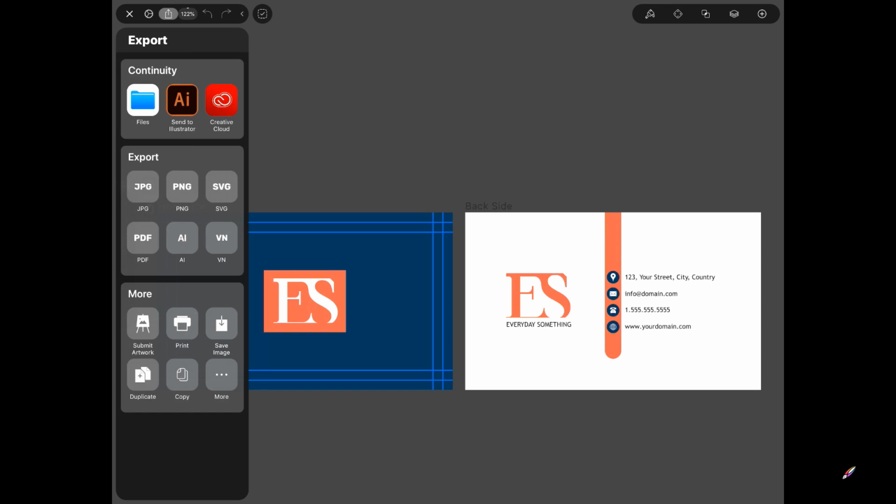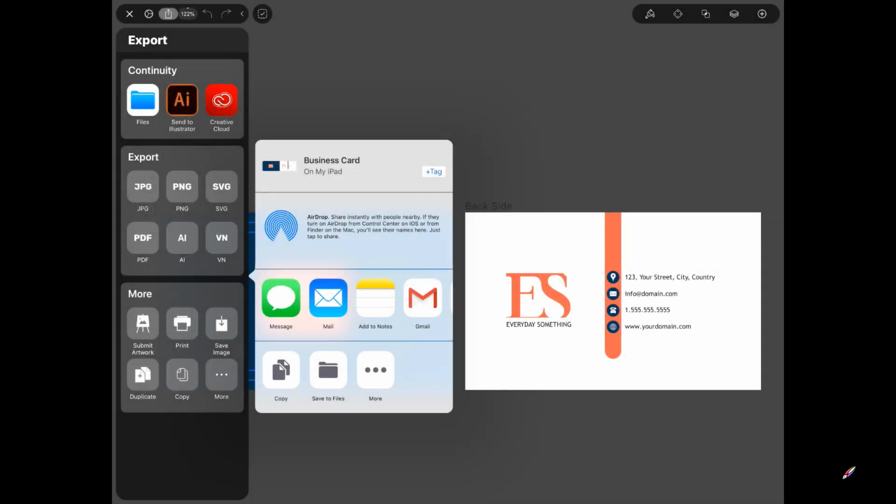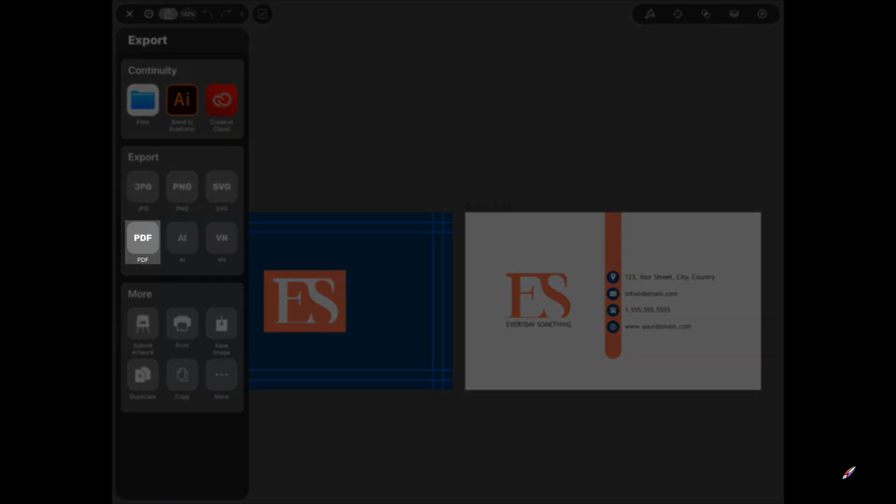And now we are inside the export inspector with several export options. So first things first, I always save my Vectornator files as a native Vectornator document. In this case, I'm going to go ahead and tap on the Vectornator icon here. I can either email it to myself, save it to files, or use one of the cloud services. Okay. Now, exporting the business card in a different format other than Vectornator, I personally recommend to use the PDF